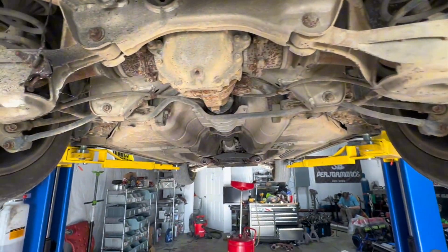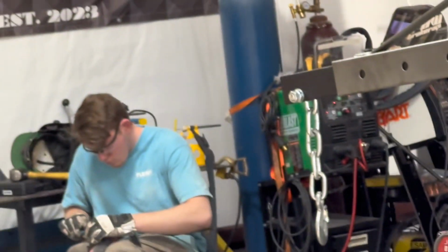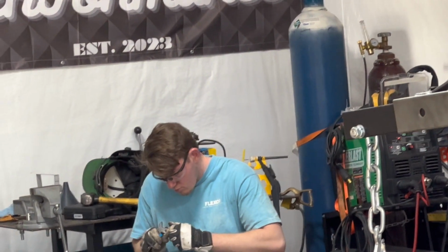Man down. Go ahead and drain the oil. We'll drain the transmission fluid. And then we'll drain the diff. Drop the diff. Have that guy, since he's the best fabricator ever. Start...